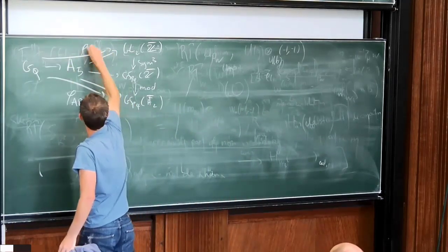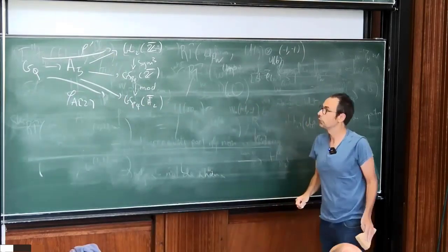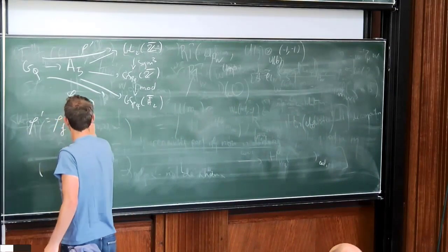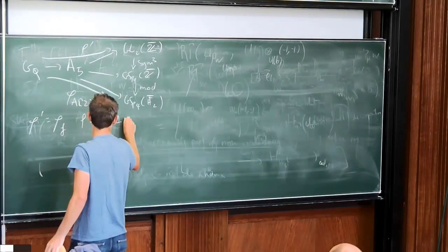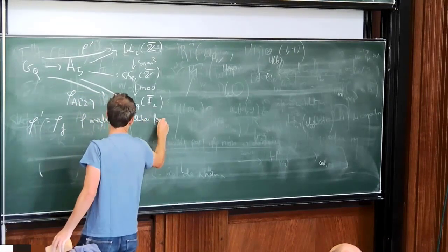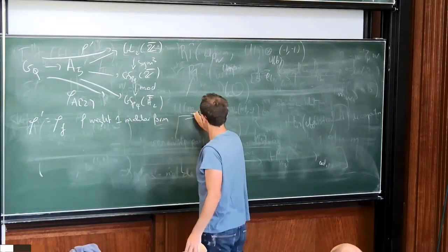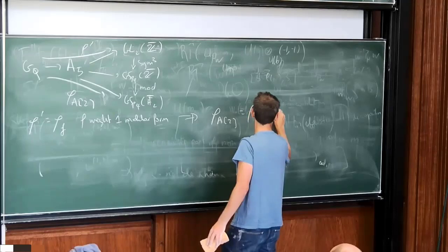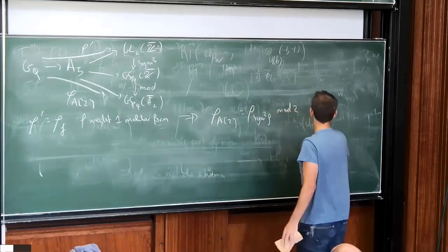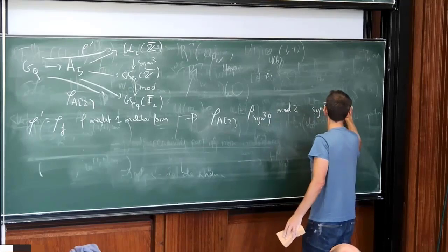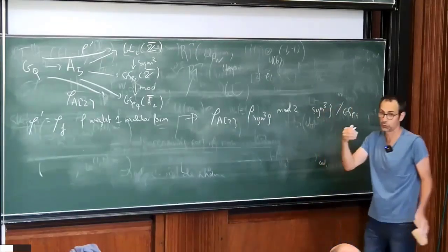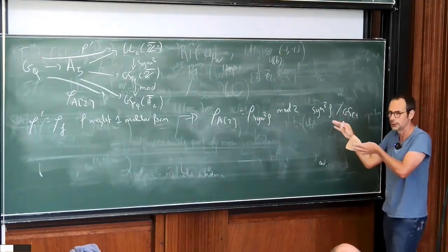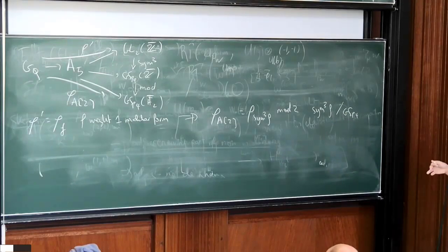And this top arrow is some Artin representation for GL2. And so we know that rho prime is rho F, where F is a weight 1 modular form. But then this implies that rho A2 is rho of the sym cube of F mod 2, where the sym cube of F is automorphic on GSp4. So that's a case of the symmetric cube functoriality that we saw in James-Stokes, except that